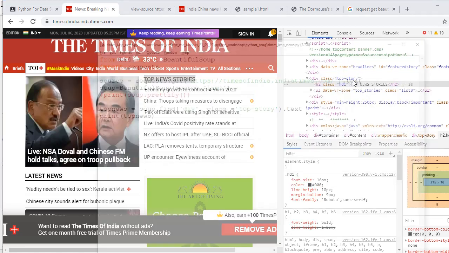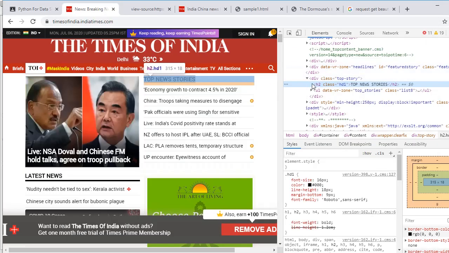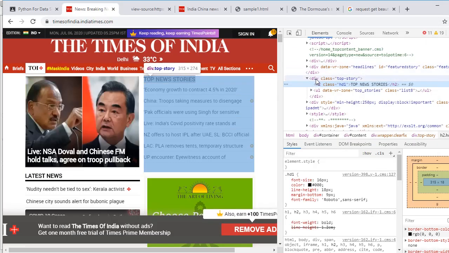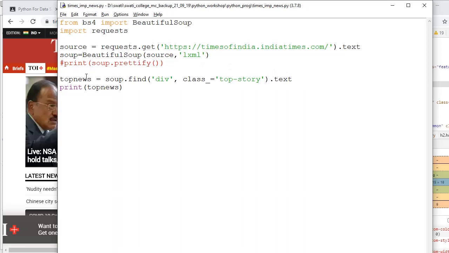So I can say soup dot find div tag where the CSS class is equal to top hyphen story dot text. Whatever text is there between the div beginning and ending tag would be stored in the top news variable, and then I am simply printing my top news.